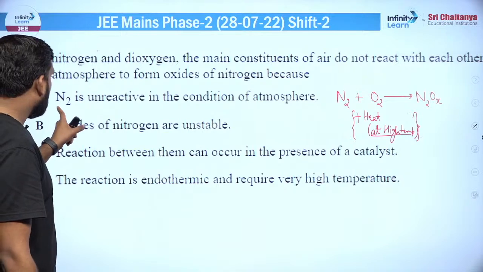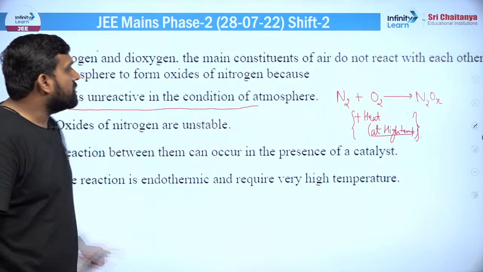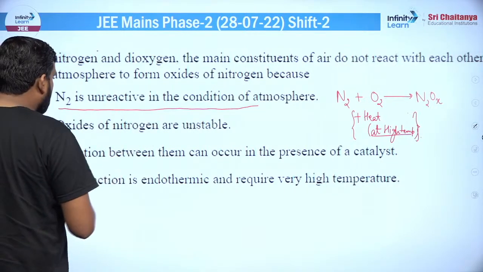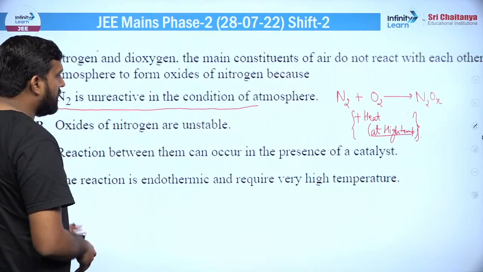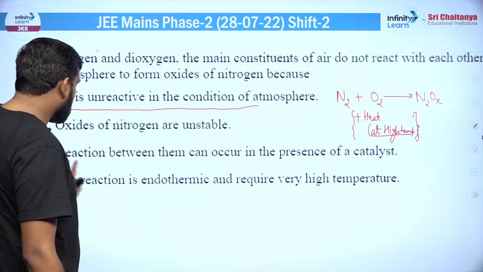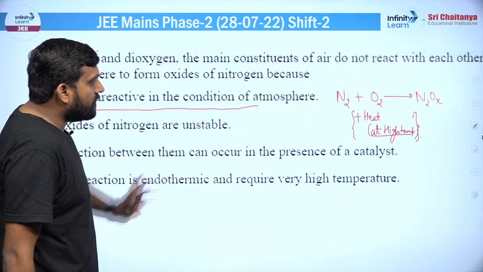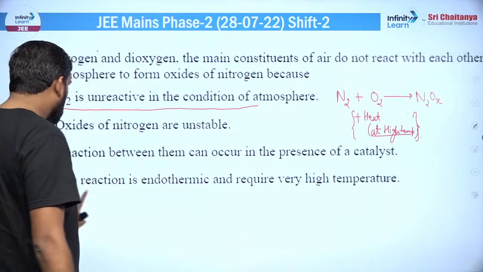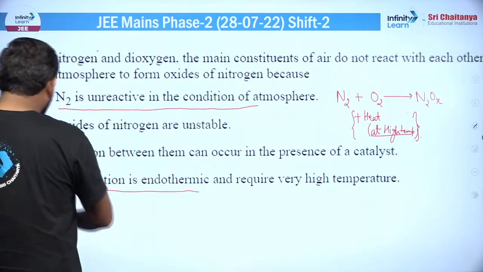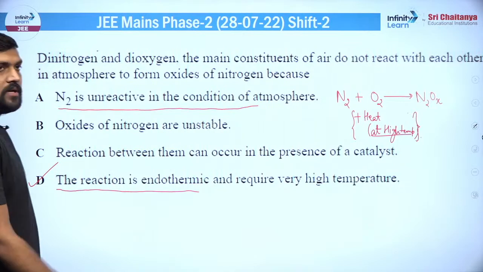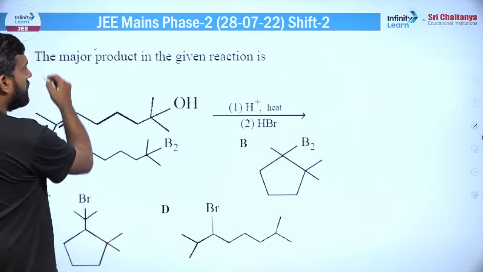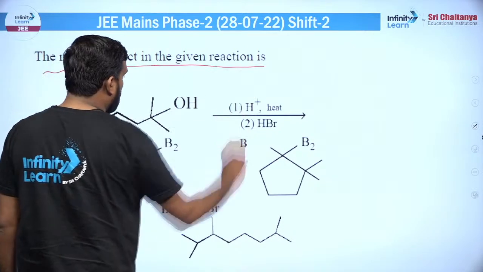कौन सा है। N2 इज अनरिएक्टिव इन द कंडीशन ऑफ एटमॉस्फेयर, हाँ ये भी सही है, बट कंप्लीट नहीं है ये, ठीक है। ऑक्साइड ऑफ द नाइट्रोजन आर अनस्टेबल, नहीं स्टेबल तो होते हैं वो। रिएक्शन बिटवीन देम कैन अकर इन प्रेजेंस ऑफ ए कैटलिस्ट, कैटलिस्ट की जरूरत नहीं होती, विदाउट कैटलिस्ट भी हाई टेम्परेचर पे होता है। द रिएक्शन इज एंडोथर्मिक एंड रिक्वायर वेरी हाई टेम्परेचर, बिल्कुल सही है, D स्टेटमेंट इज द करेक्ट स्टेटमेंट, ठीक है। आगे बढ़ते हैं, द मेजर प्रोडक्ट ऑफ द फॉलोइंग गिवन रिएक्शन, ठीक है। ऑर्गेनिक रिएक्शन दी